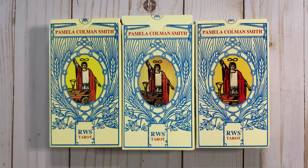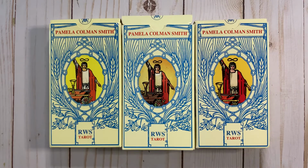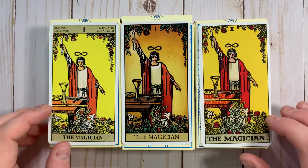Hey everyone! In my last video, I did an overarching introduction to the publication history behind decks associated with these three decks. Obviously, these boxes look identical, but they all house very different decks. These are what the cards from the various decks look like. These are just magicians from each. And as you can see, each one of these